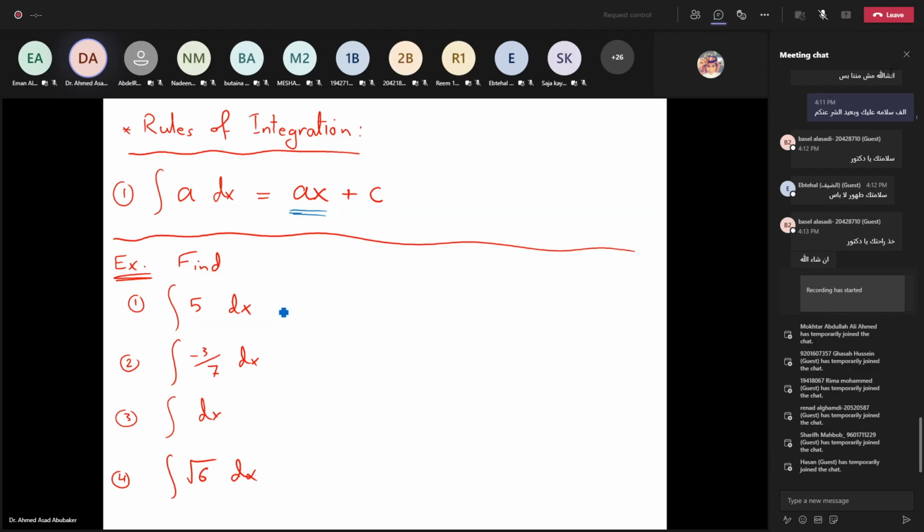So this is very easy. The integral of 5, this is not the derivative of a constant, 0, but the integral of a constant, the same constant multiplied by x plus c, because the derivative of 5x equal what? Equal 5, and this one equal negative 3 over 7 x plus c. This is 1, so we have x plus c, and this is radical 6 x plus c. Okay,